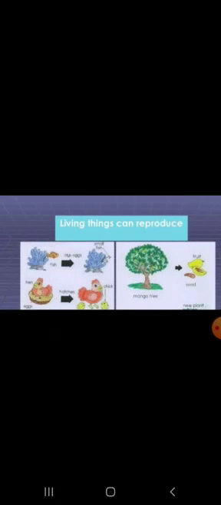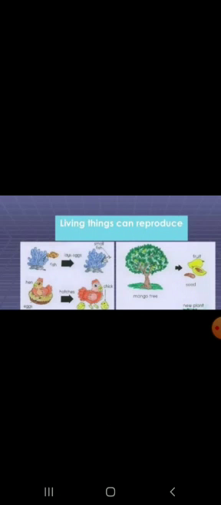For example, there is a plant, the mimosa plant, which closes its leaves when you touch them. Fine. So it means that plants and animals both have sensitivity. Living things can reproduce. What is reproduction? It is a process by which living things make new life. They can make their own copies by this process. So reproduction is the process by which living things make new life.